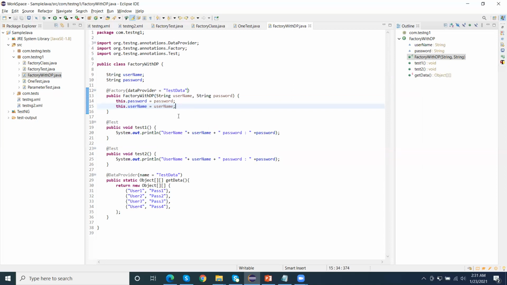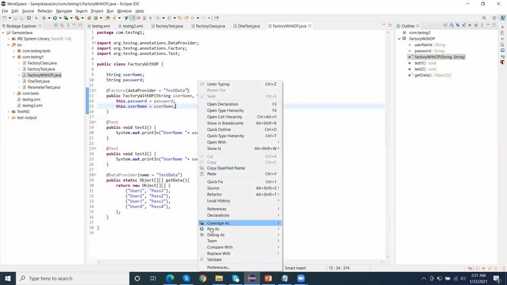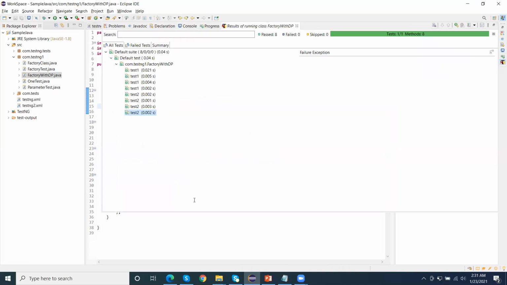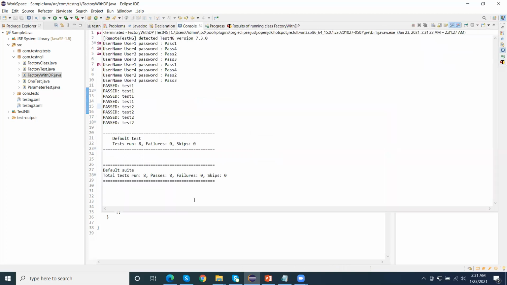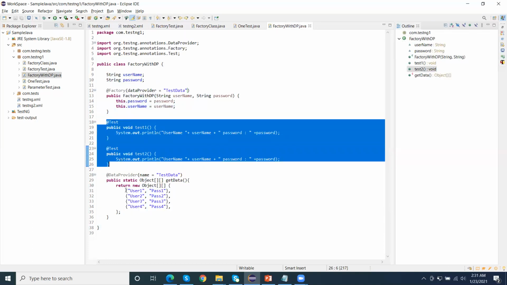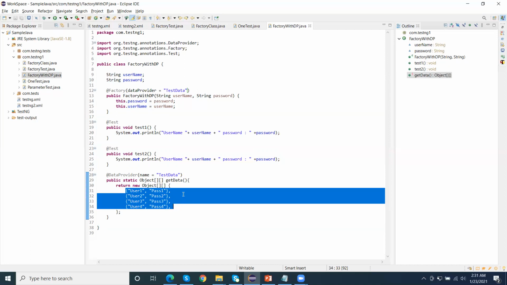At runtime, factory will create multiple instances of this class, and for each set of data, it will create one instance. So currently we have 4 data, so factory will automatically create 4 instances and run the test. Now you can see there are 4 test data, 2 test scripts, and these 2 test scripts will run with all 4 test data, right?